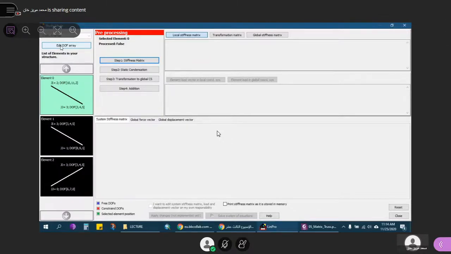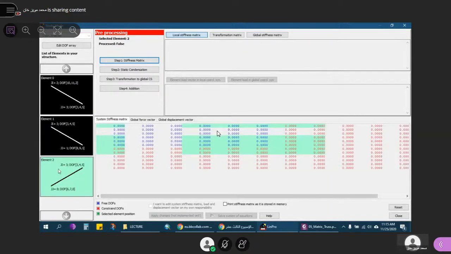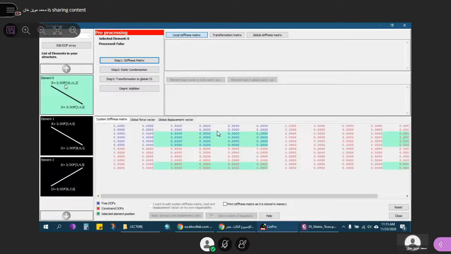We have seen this. Next we have here element 0. What all elements do we have in the structure? This will be shown over here: element 0, element 1, element 2, and so on. So this is the second part. What is the third part? This is called the pre-processing, meaning we will be processing element by element and developing a local stiffness matrix over here. Once we have finished steps 1, 2, 3, 4, after the step addition, this local stiffness matrix will be added to the global stiffness matrix below. You can see over here.